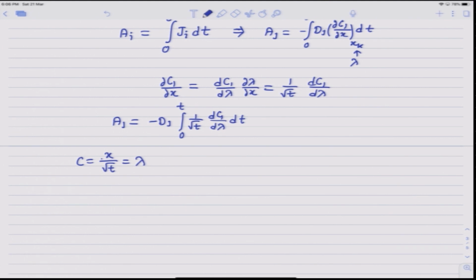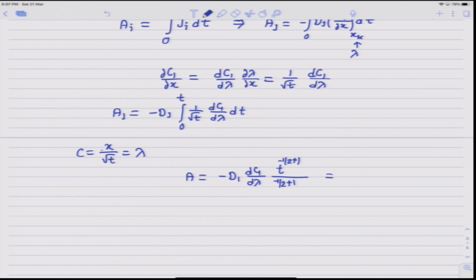So C versus lambda profiles are independent of time, and so dC1/dλ should be independent of time at a given composition. So we can take this outside the integral, and so we can write A is equal to minus D1 times dC1/dλ, and the integral of 1 over root t should be equal to t to the power minus half plus 1 divided by minus half plus 1,